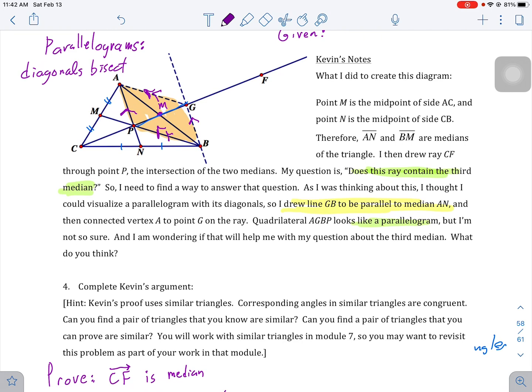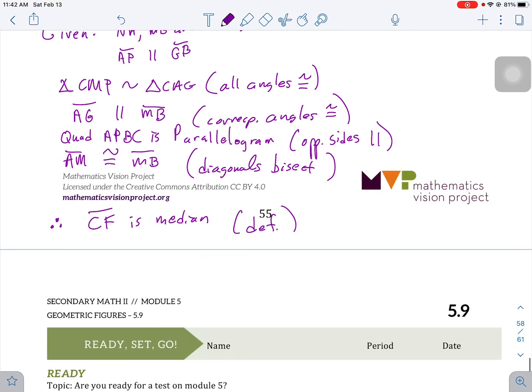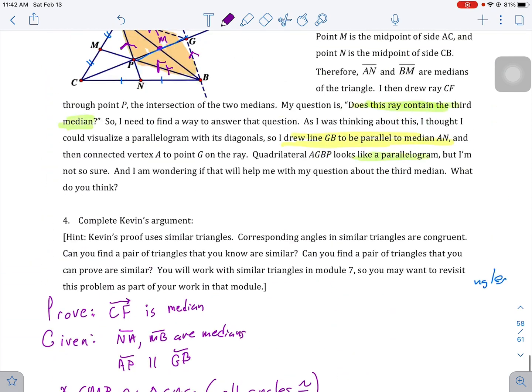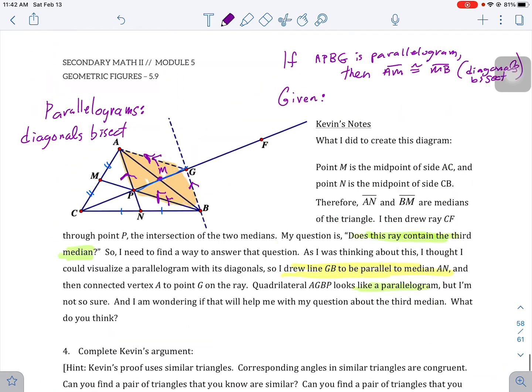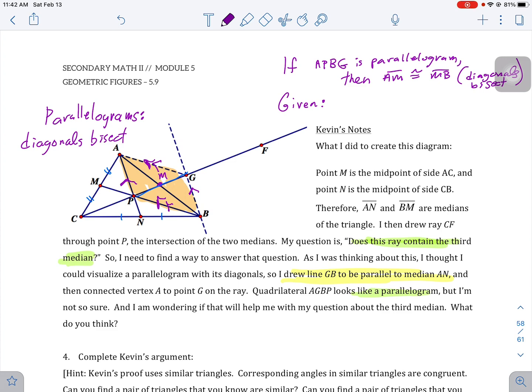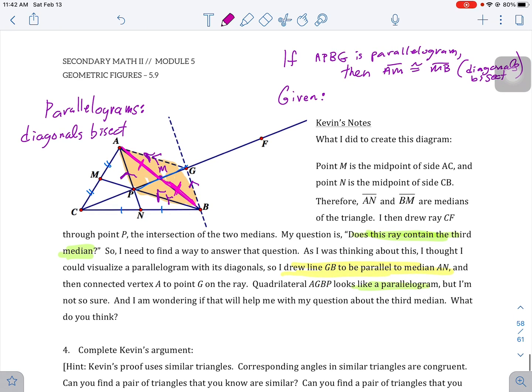So if the other sides are parallel, that means that APBC is a parallelogram. Opposite sides are parallel. And so therefore AM is congruent to MB. So AM right here is congruent to MB, and that's the idea that a parallelogram has bisecting diagonals, and that's what we were trying to prove in the first place, that it's a median and that those two are